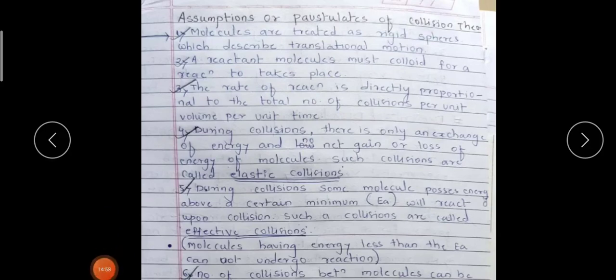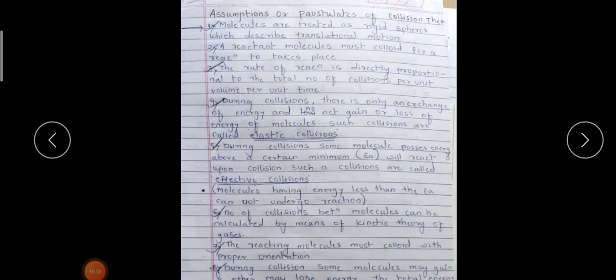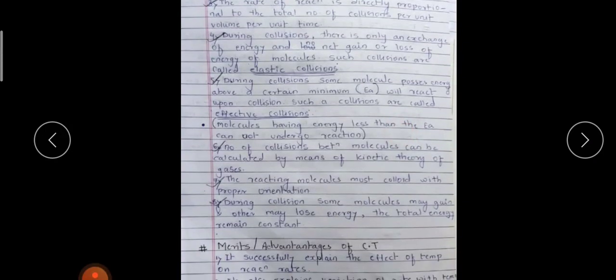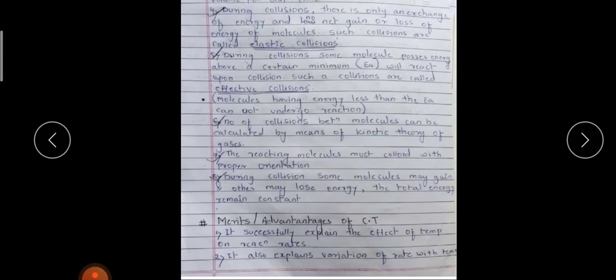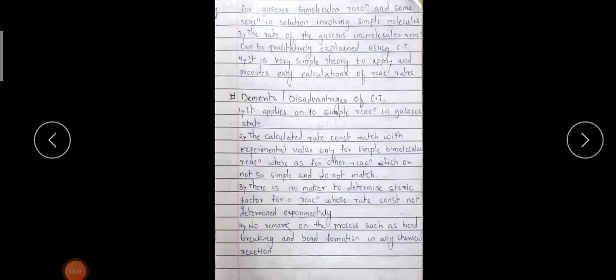Please prepare this well. It is very simple. Lessons are very simple. Now it is in your hand how you can tackle that or how you can prepare that subject, because each and every part is very simple. See, first these 8 assumptions we have seen. These assumptions we have already seen in the SY, but for the MCQ purpose I have again given that part. Then the merits are there and a few demerits are there.